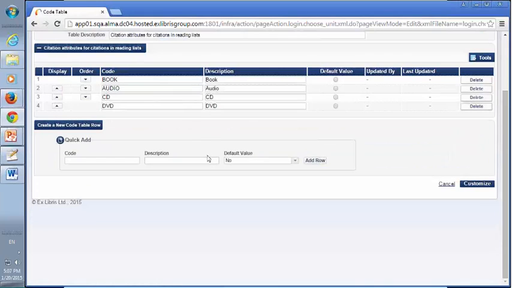Okay. Similarly, we've got citation attributes, and the out-of-the-box values here are book, audio, CD, and DVD, and you can configure these fields for any relevant item. Let's say, for example, you're a professor teaching art history, and the students come in and they thought that they're just looking at pictures the whole time, and they didn't expect to do any reading,